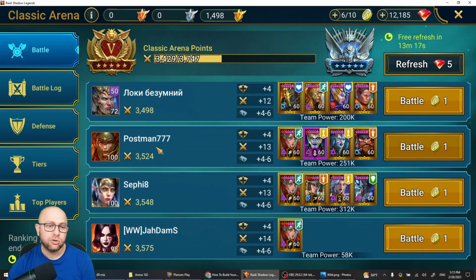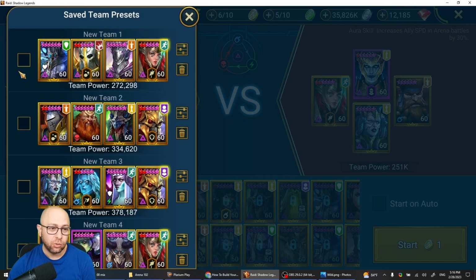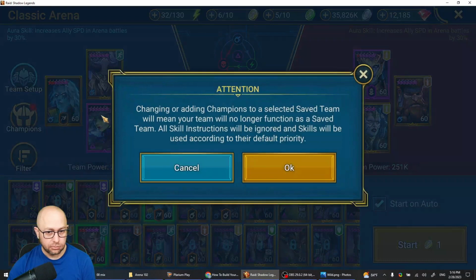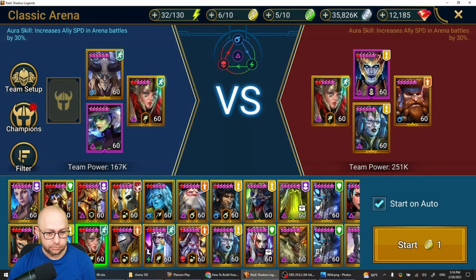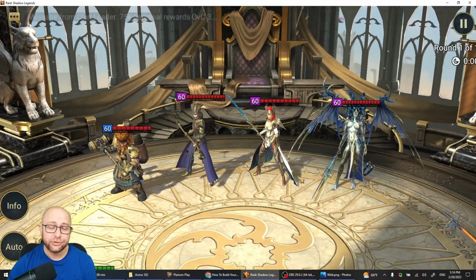Because like I said, it's not fair because this is the team you're going to play in Gold 1 and Gold 2. But for me, it's like Gold 5. So let me try my Arbiter team and yeah. So let's go like this. Just imagine that this is your...